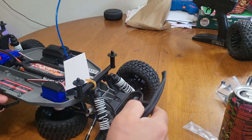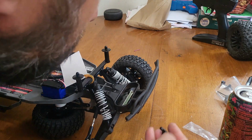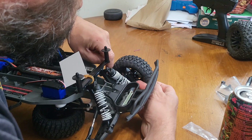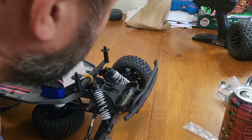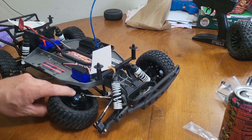I don't know if you can see how it's attached. So it goes through there, and then this piece is over on this side, and it's connected up right to the wheel. So maybe we'll do this side first. If it matters or not, but